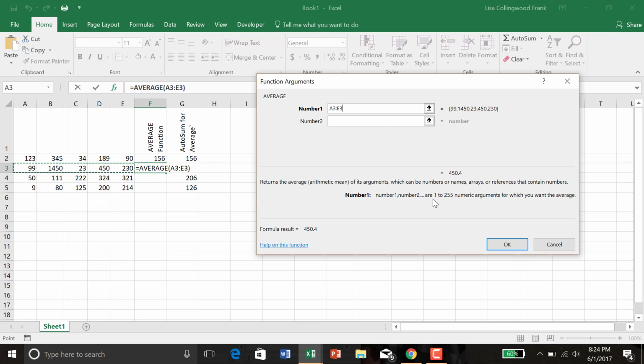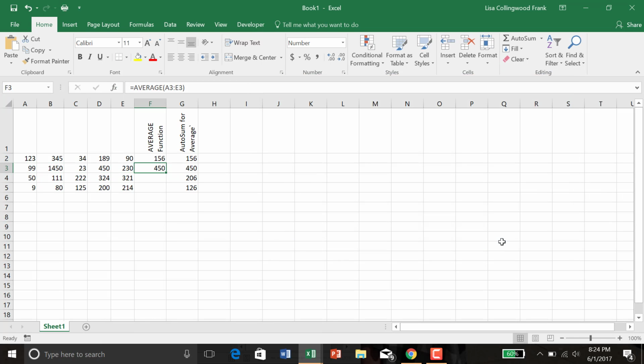Once I have selected the range, you can see here that it does give you an answer. If you know what answer you're looking for, which with most of our projects you do have that reference sheet which shows you what the answer should be, this will show you if it's going to bring the accurate result. I can click OK. So those are just a couple different ways you can use the average function. I hope this is